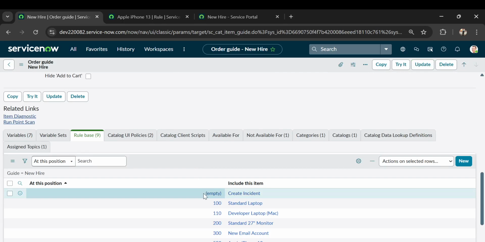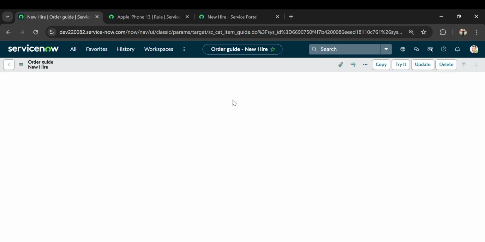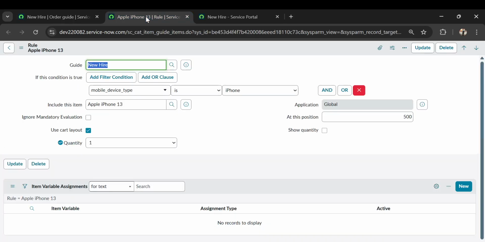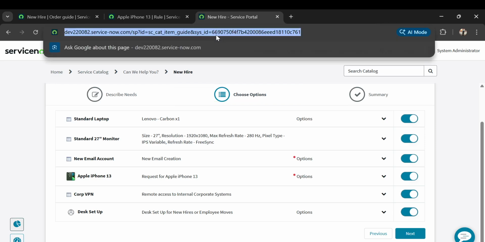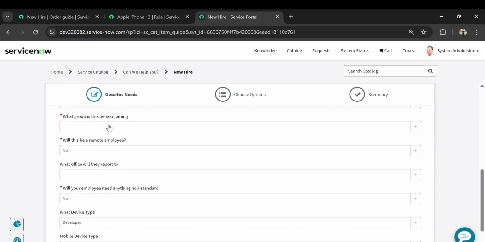Let us add some order also so that it will decide when to render the create. So let's make it 50. All right. So now we have an order guide with one record producer and the remaining catalog items. Let us refresh this ordering page once again. All right. So let's fill that